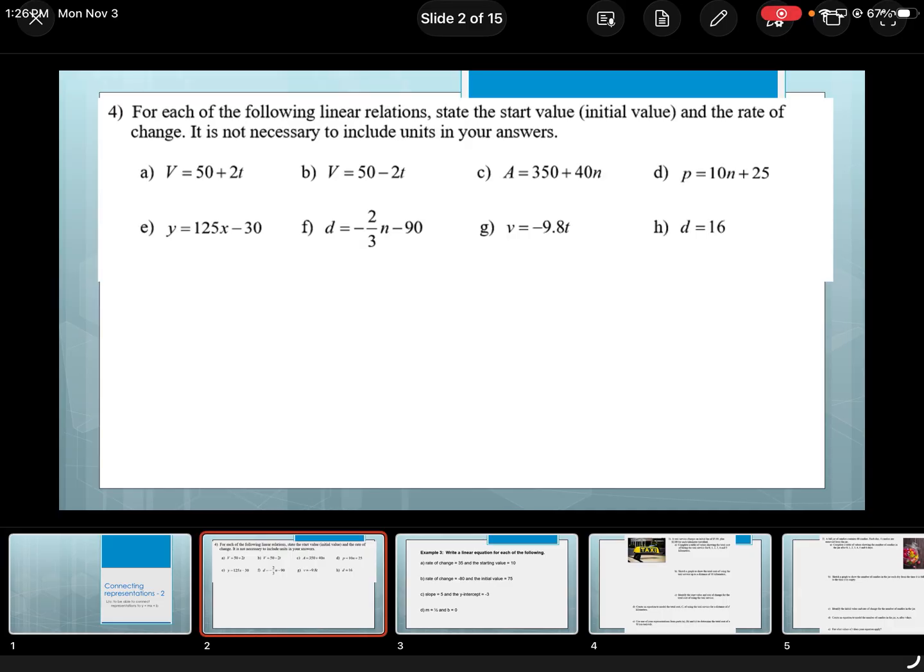For each of the following linear relations, state the start value, which is the initial value, and the rate of change. We're not going to do units, so let's see if you can do that, and I'll go through it very quickly. Okay, a quick reminder: all lines are in the form y equals mx plus b, or should be in that form. There is a number with a letter, and there's a number on its own, right? The number on its own is always your initial value, and